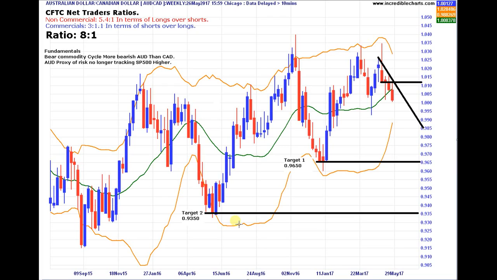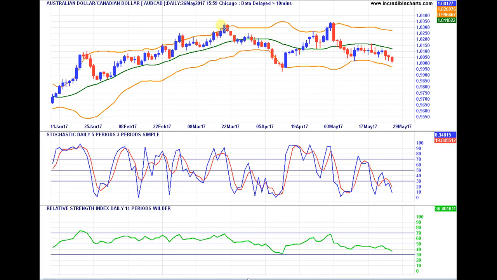What I want to do now is shift to the daily chart so you can see potential entries. We are on the AUD CAD daily chart, and the heavy commercial selling came in up towards the 103.40 level. You can see it's a double top here, a nice big fall down. We've elected to come in through